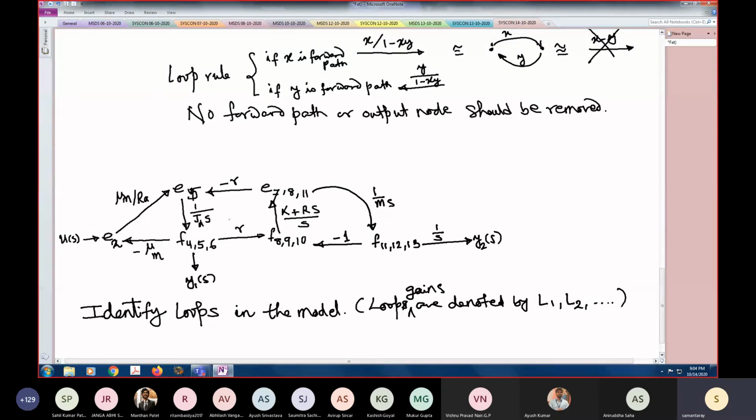You see this? This is a loop. That's a loop. I call it, let's say, L1. There is a loop, I call it L2. Here there is a loop, L3. Do you find this? L1, L2, L3? Yes, sir. So it is important to know these loops because in the original model